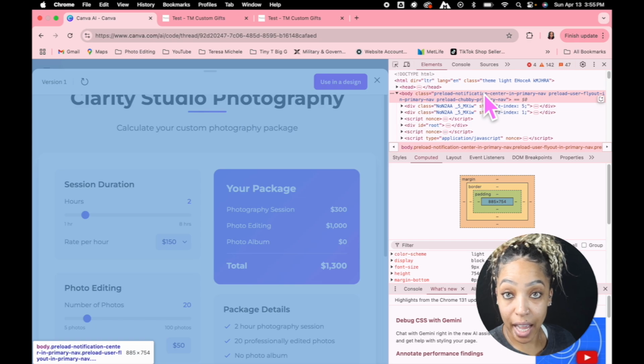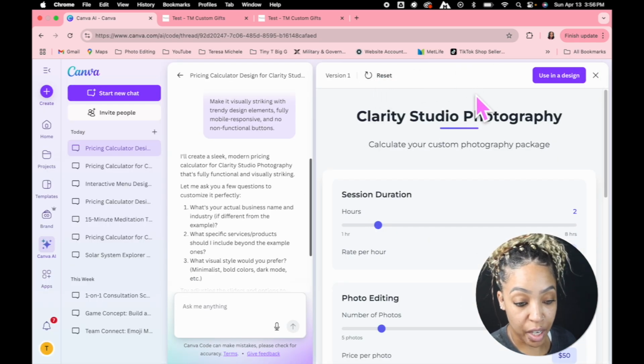I know that a lot of people have been trying to figure out, how do you get this HTML code? I can't get it. I can't put it in my website. This is the way. Another thing that I tried was going into using a design,